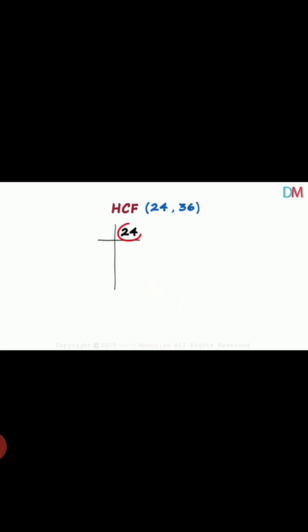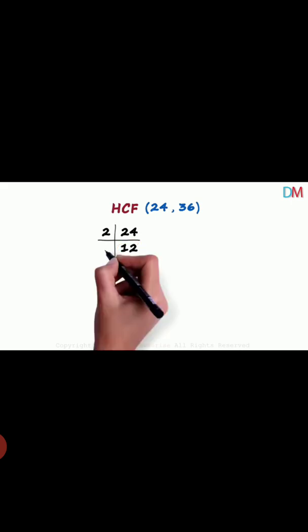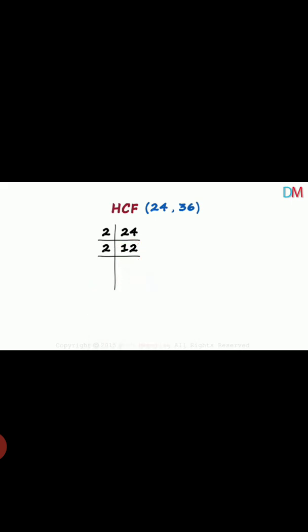So we will draw two lines here, and as you know 24 is an even number, so it is divisible by 2. So first we will divide 24 by 2. So we will get 2 1s are 2 and 2 2s are 4, and we get 12 here. 2 12s are 24. Okay. Now again you know 12 is an even number and it is divisible by 2. So 2 6s are 12. Now again 6 is a multiple of 2.